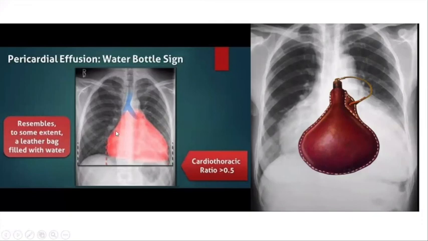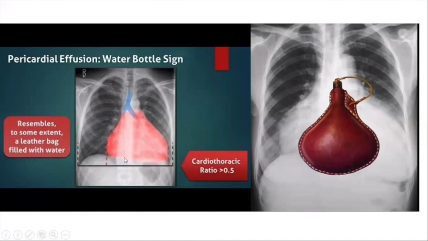Now cardiomegaly. Don't get confused: enlargement of the cardiac size is not always due to enlargement of the cardiac chambers. When there is pericardial effusion, the cardiac size can also be increased. But what's the difference? We have already discussed chamber enlargement. What is the peculiar feature of chamber enlargement? And now we'll be discussing pericardial effusion. In pericardial effusion, there is a globular shadow with global enlargement of the heart, which looks like a water bottle. This is the water bottle, and see how the heart margins are closely visible. There is also an increase in the cardiothoracic ratio.